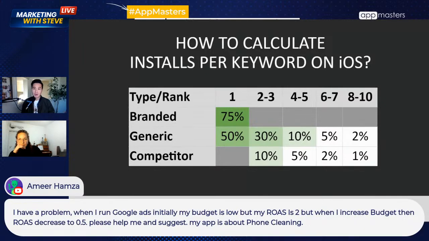Please help me. Amir, the Google ads has a cost per install goal. Mess around with that. And that's what I would do. I don't know. Stick with your 2 ROAS, and that's your ideal cost per acquisition. Just stick with that. I don't know why you would go up from that despite the budget. Okay. I think we're good.